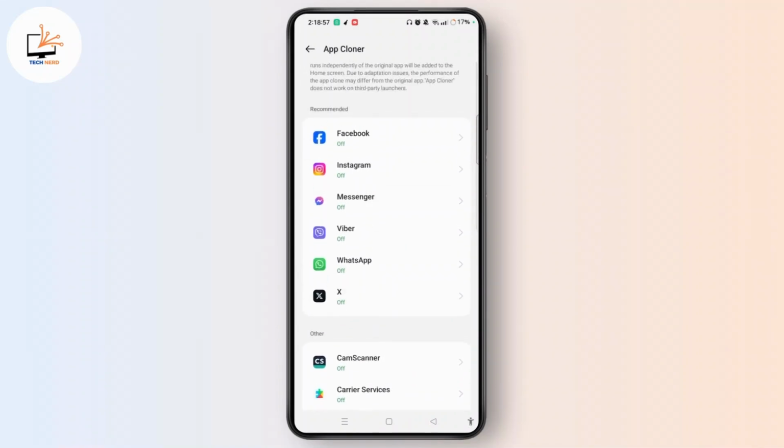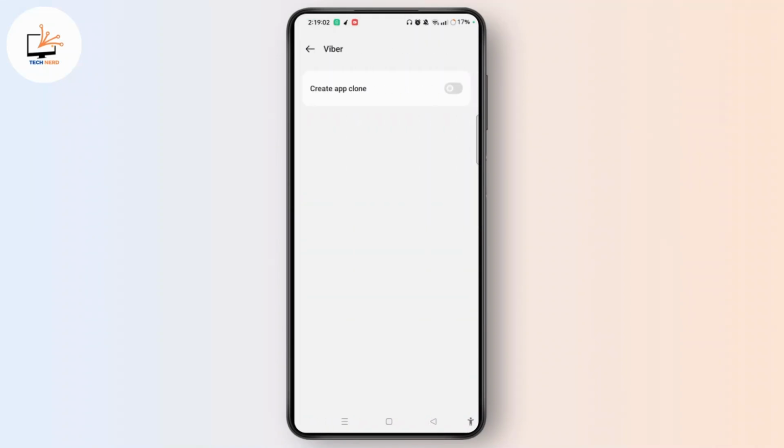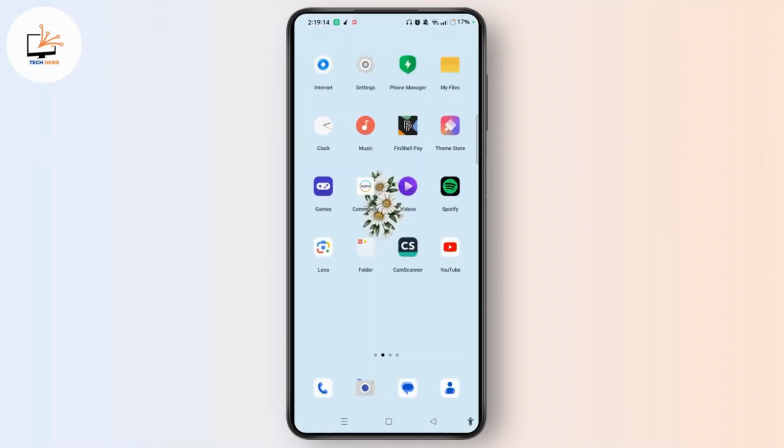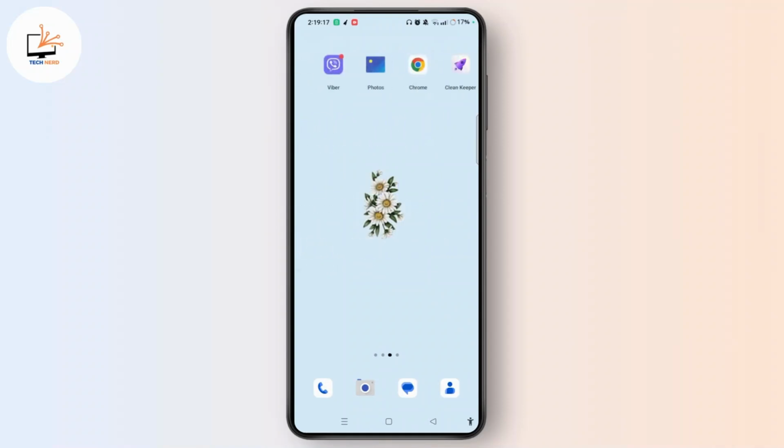So for Fiverr, we have it turned off. Tap on Fiverr, and here you got the option for create app clone. Toggle the button on, and once you toggle the button on, the clone app will easily appear on your home screen. So once the clone app appears, you can easily log into another account on your clone application, and on